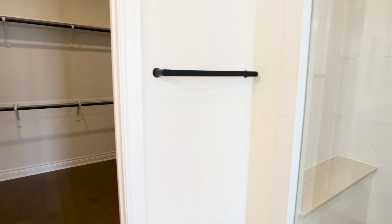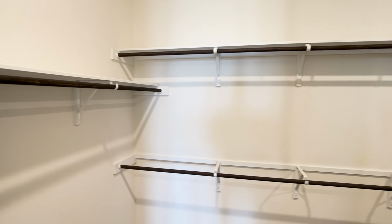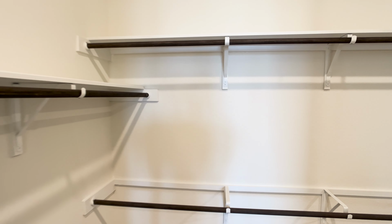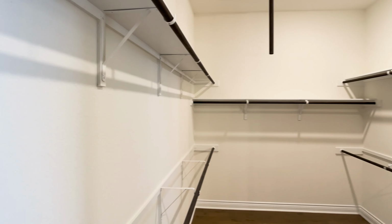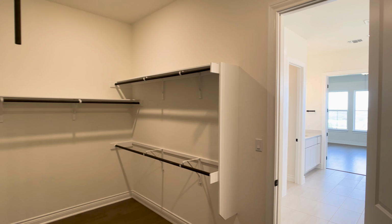Now keep in mind that Sitterle has many lots still available on this street that you can choose to build from the ground up. And I'm going to show you one in a few minutes that has the best view out here. One of the key things to know if you're building with Sitterle out here in Santa Rita Ranch